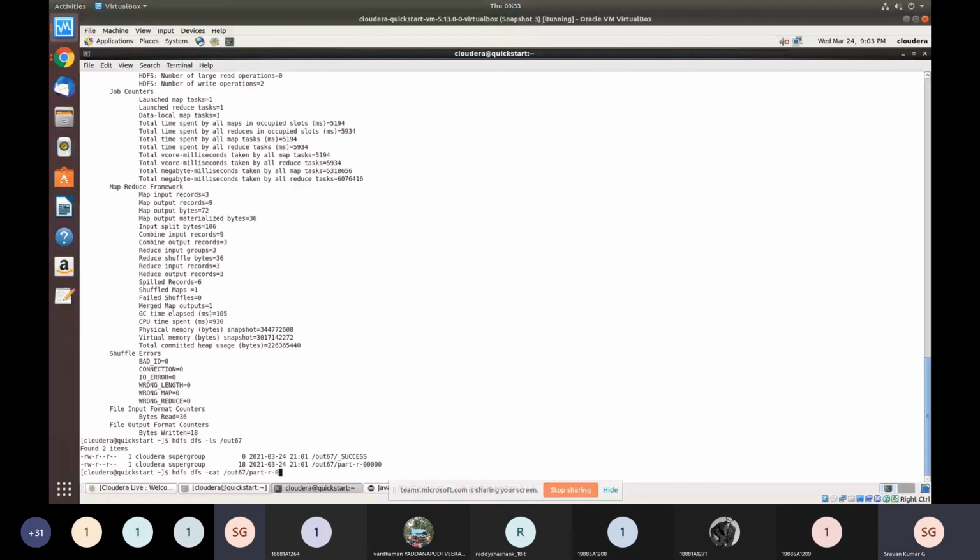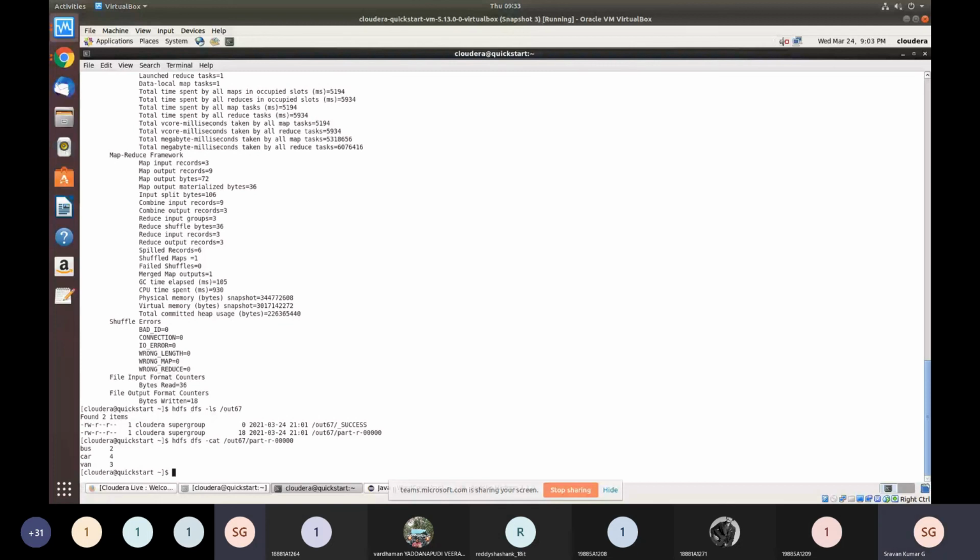Click enter. Now you can see the output. Bus how many times? 2 times, car 4 times, van 3 times. This is the step by step execution of the word count map reduce program.